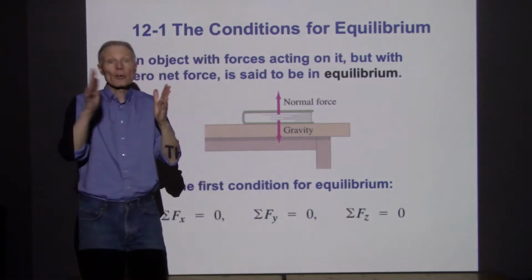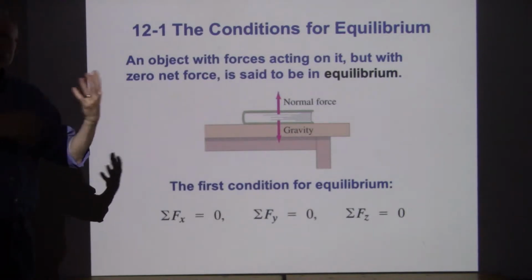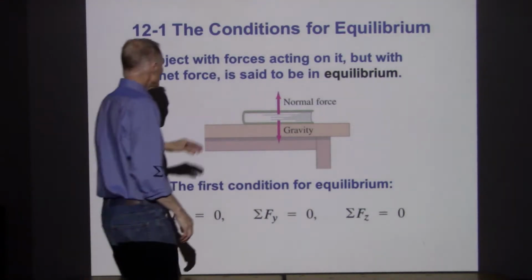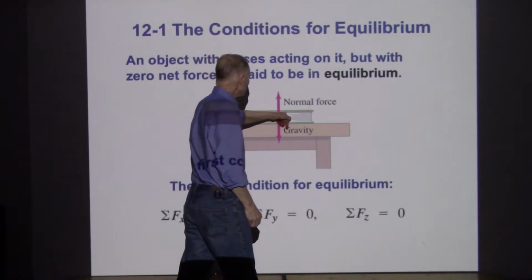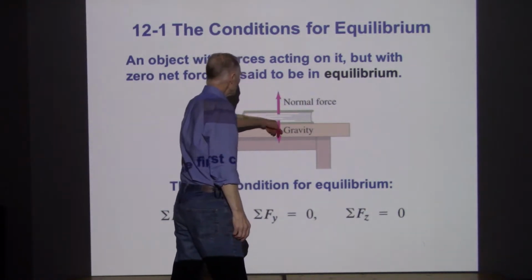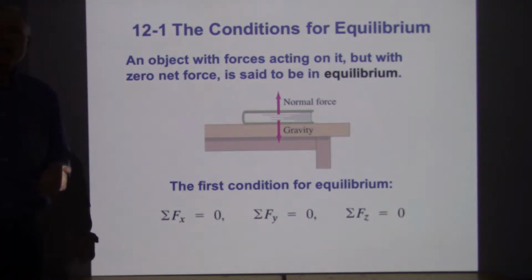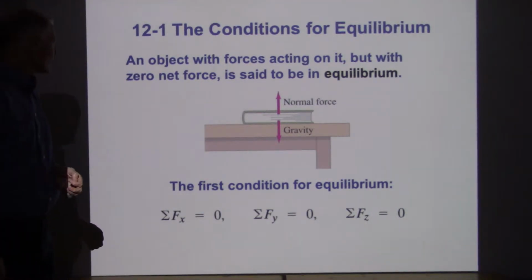The normal force is all along the surface. And then there's a gravitational force, and the gravitational force is acting on each part of the book. The book is the object that we've isolated. The gravitational force can be placed at the center of mass of where the book is located,